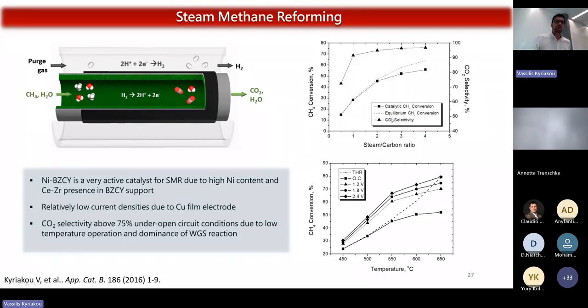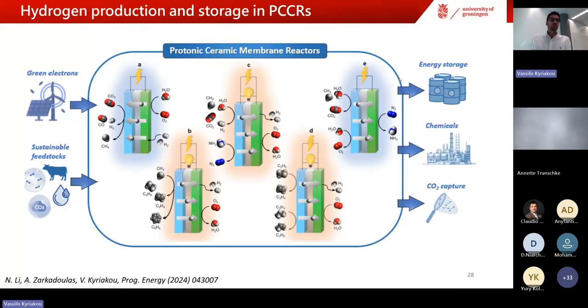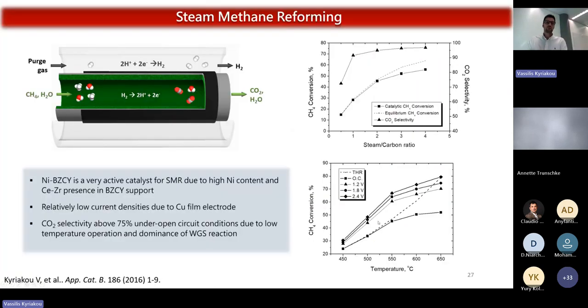You see here that we had the electrode on the inside, this nickel-based electrode, is a very good catalyst. And of course, it makes sense because nickel is the industrial catalyst for steam methane reforming. So you can achieve very good conversion here. But the interesting thing happens when you start pumping the hydrogen out of your anodic site. As you are pumping, the methane conversion is increasing.